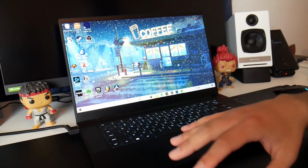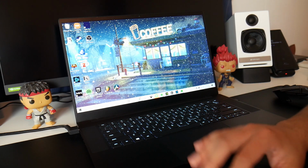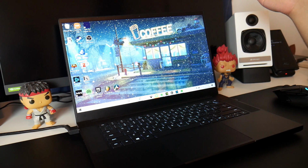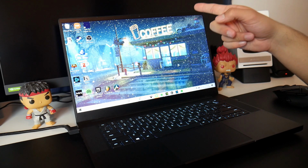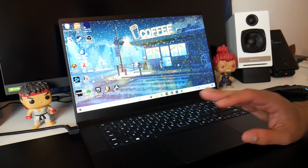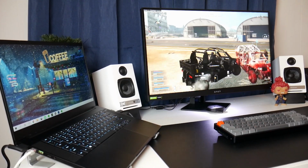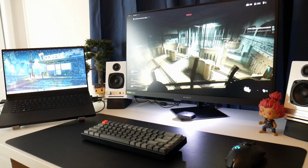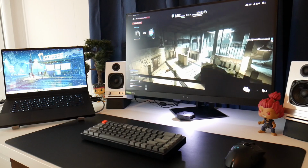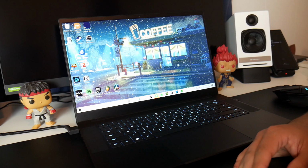Another thing that's very important is, since this is a come and go type of machine, I do use it hooked up to my HP Omen 27i. Now that is a 1440p monitor that is running at 165 hertz. If I'm running a game that's as demanding as Warzone, Call of Duty, for example, I can easily push out around 90 FPS at 1440p with most settings set on high, and that is just more than enough for